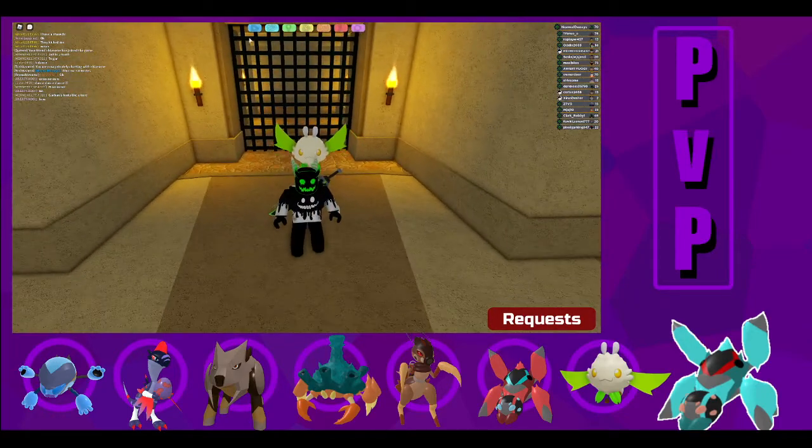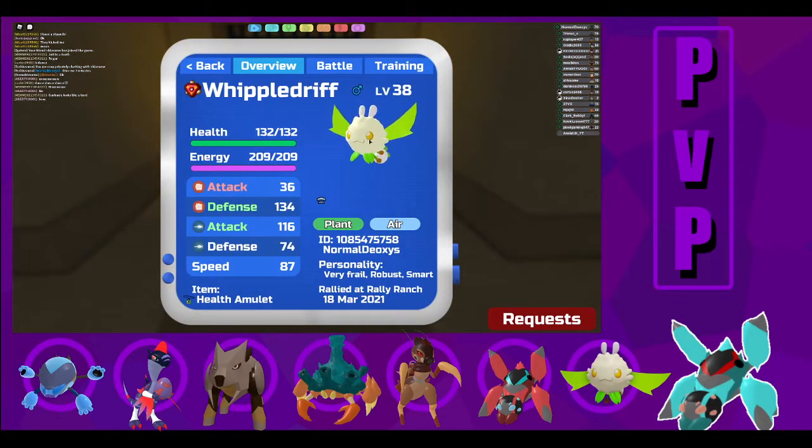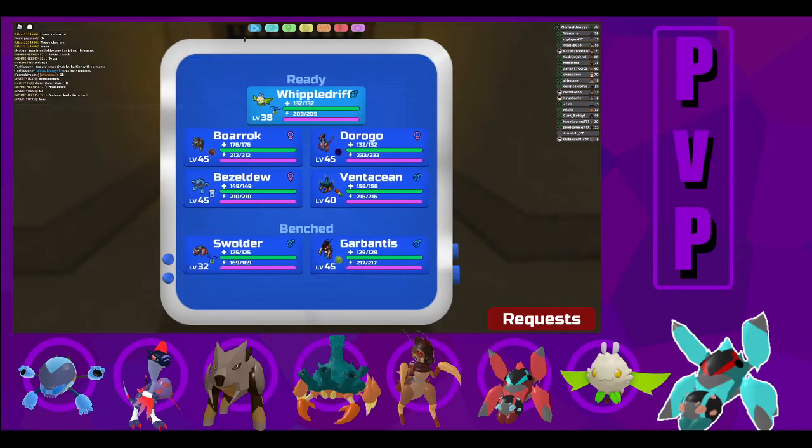I'm actually really happy about Whippledriff. It's a really fun Loomian to play and everything. Just a really neat idea, having like a pollen Loomian. I don't actually recall any pollen Pokemon off the top of my head, except for Flabebe, which Dandelill is sorta